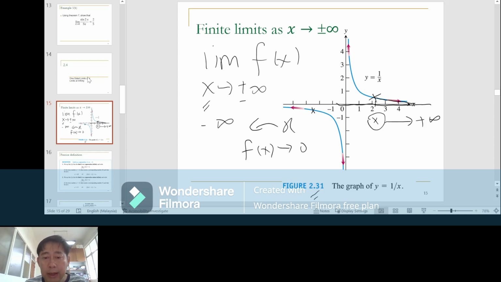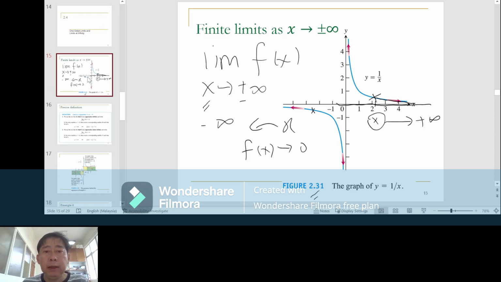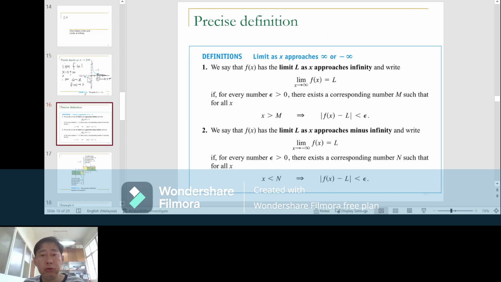So here the limit of the function 1 over x is said to be 0. The precise definitions of the limit when x approaches positive or negative infinity can be referred to in the definition